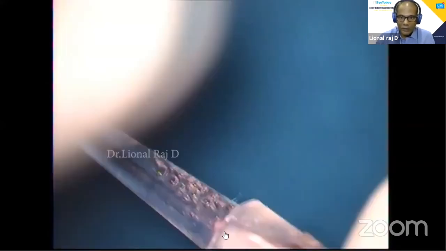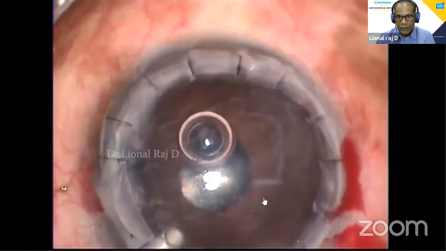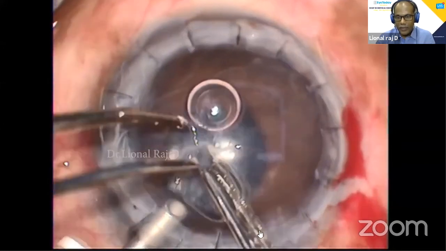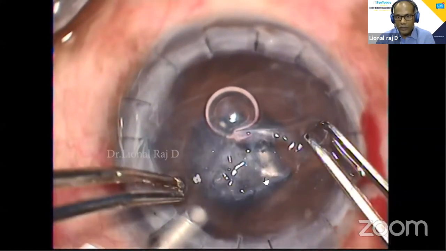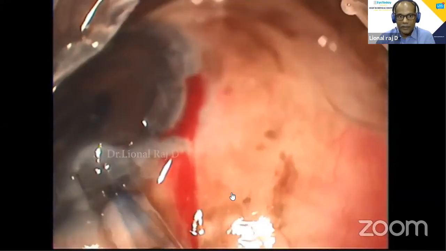Someone was asking questions. When we use air or SF6, the air bubble tends to go superiorly. So we need to have access for the flow of aqueous. So inferior PI is the advised site.